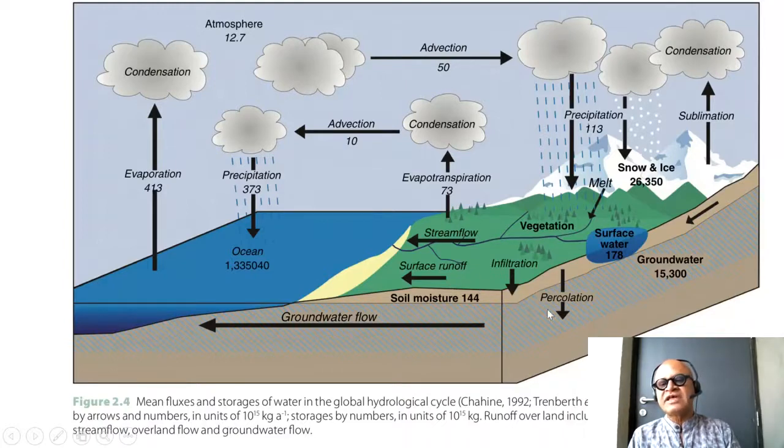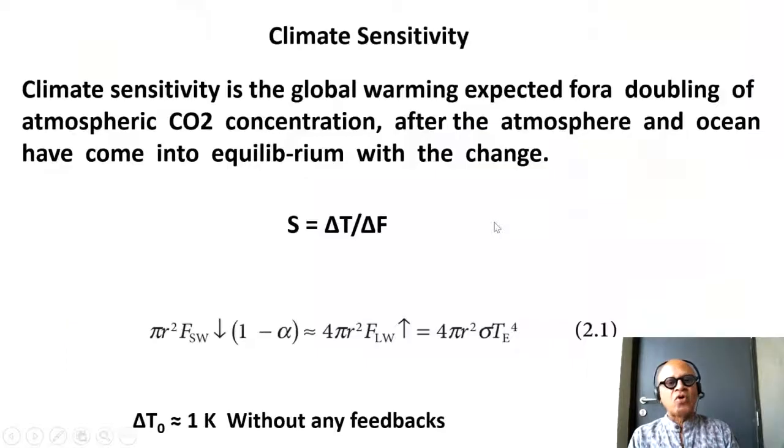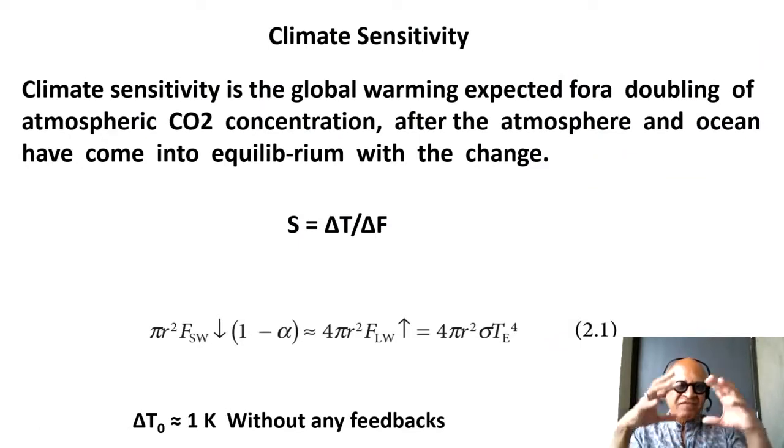So each of these then has to be looked at in terms of how they are responding to global warming. If you warm the air, do we necessarily get more rain, or are we going to lose more moisture? And if it rains more, where will it rain more? Everywhere, or only in some places? So in that context, we need to understand the climate sensitivity, which is kind of an integrated measure of how global warming is expected to